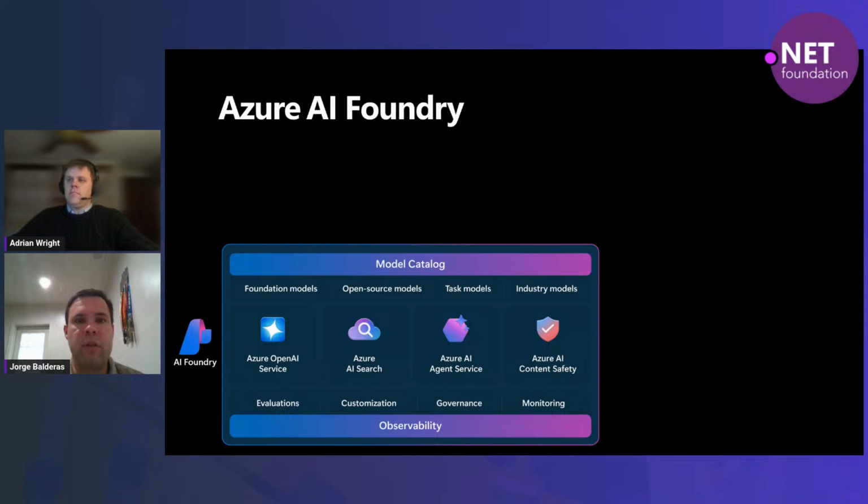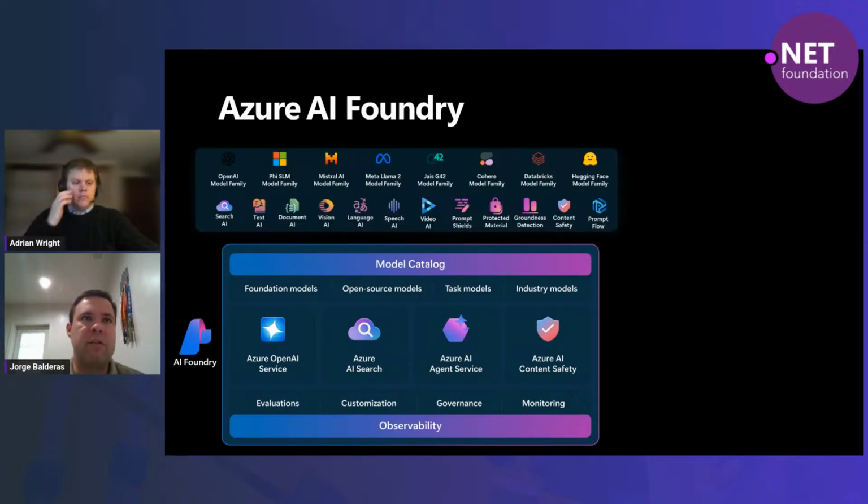Azure AI Foundry lets you consume those models, and it gives you all these ancillary services, right? Azure Search AI is very, very powerful. I've used it. If you don't want to implement your own vector database, it's very easy to index documents and then enhance your AI models with Azure Search AI.